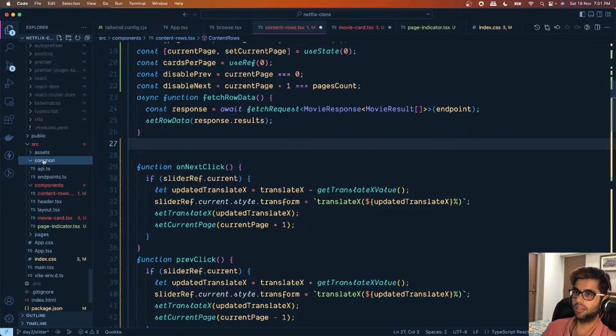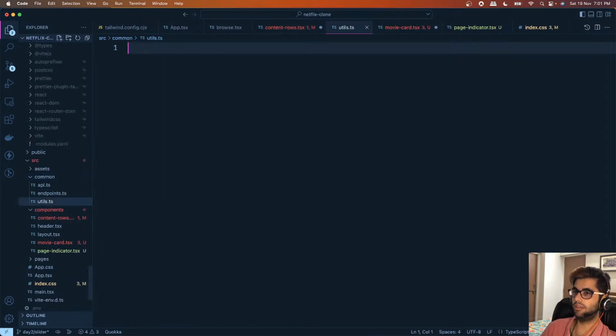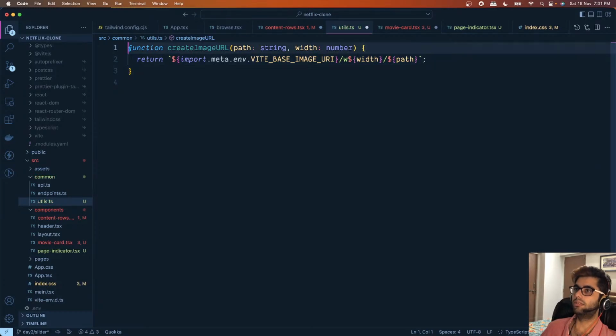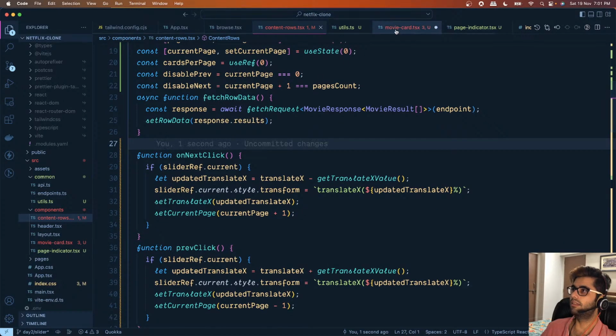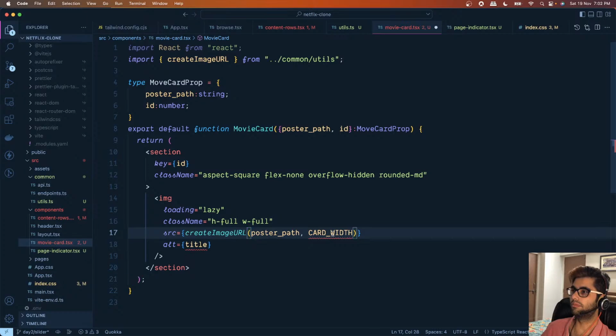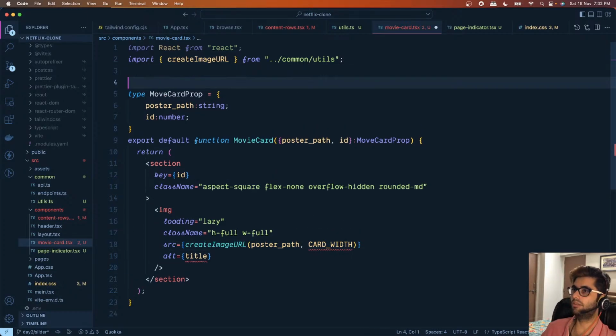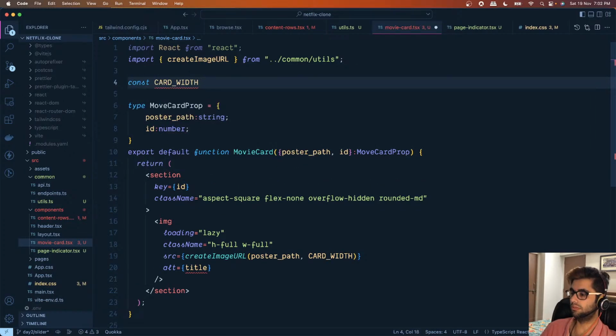and let's go to the common and let's create a file known as utils.ts. Let's add this function over here and we'll say export, and we'll import this function from here, and let's copy this. Let's say const card width equals 200,